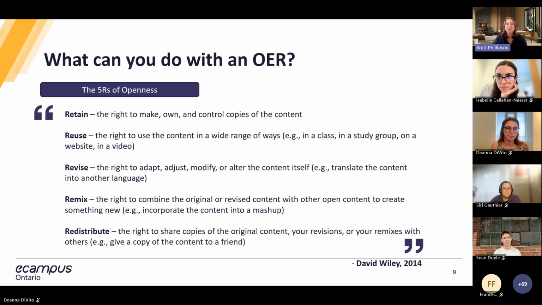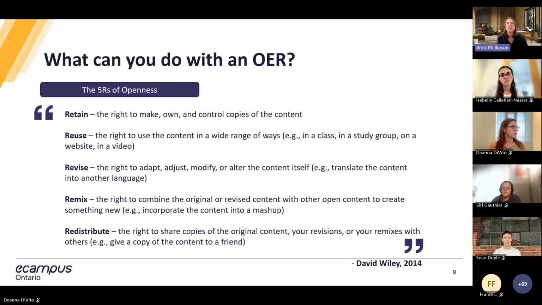Next slide, please, Deanna. So most of you here, I'm sure, are already familiar with the concept of OER and don't need it defined for you, but just as a refresher, or for anyone who's unfamiliar, there are two conditions that define an open educational resource. The first is its purpose. It's got to be educational, that is for teaching, learning, and research, though not necessarily within the context of a formal educational program or institution.